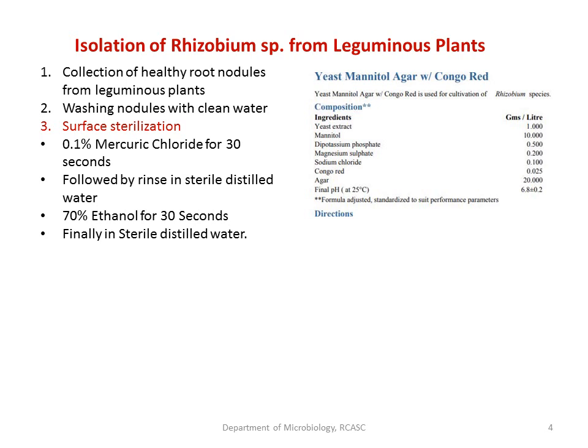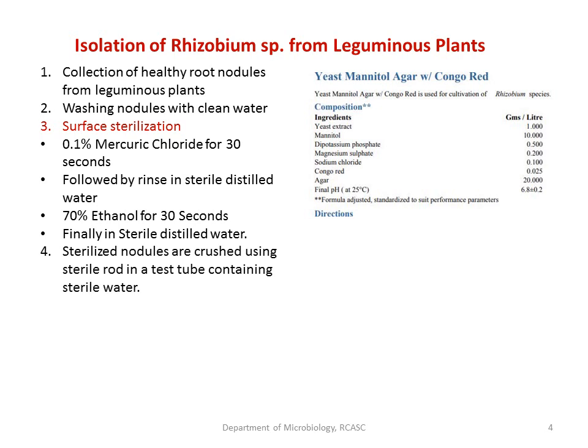After 30 seconds, take out the nodules and rinse in sterile distilled water, and then transfer it into a plate containing 70% ethanol. Ethanol, again treat for 30 seconds. You know the mode of action of ethanol and mercury chloride, how actually they kill the organisms, how actually they destroy. What is the mode of action, you have to know. So after 30 seconds, take out the nodules and again rinse in order to eliminate the ethanol. Rinse again in sterile distilled water, so that whatever organism present around the nodules are eliminated by that time.